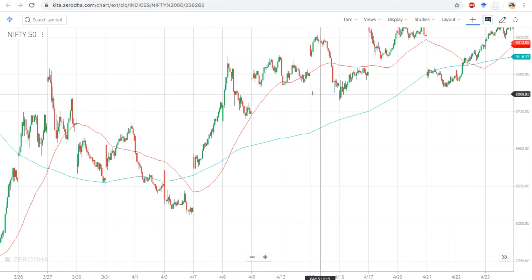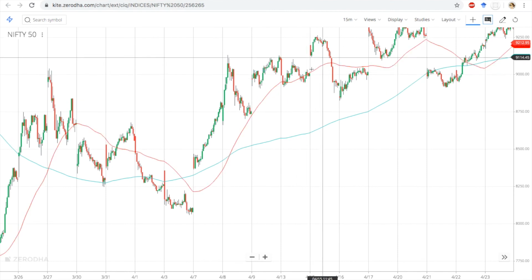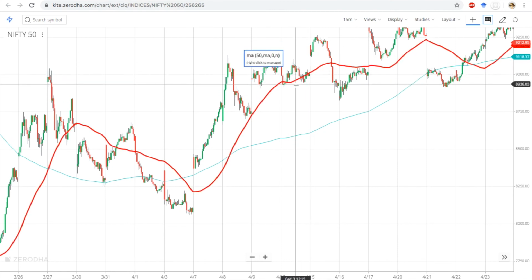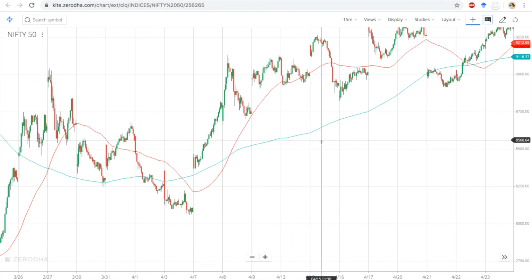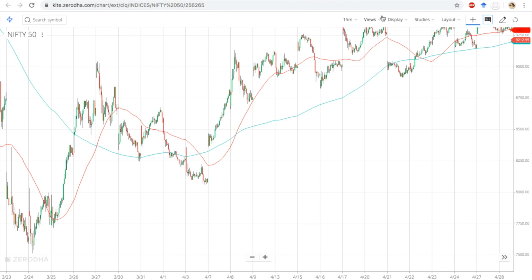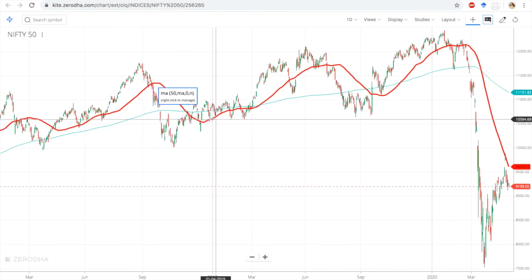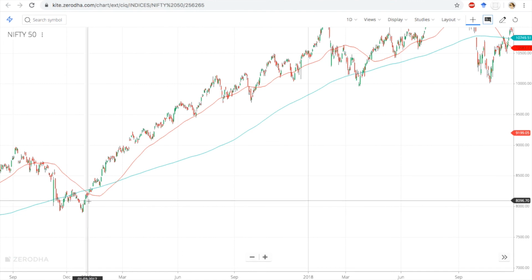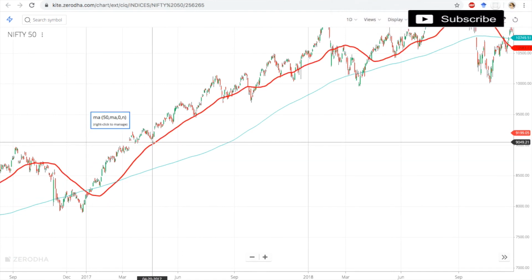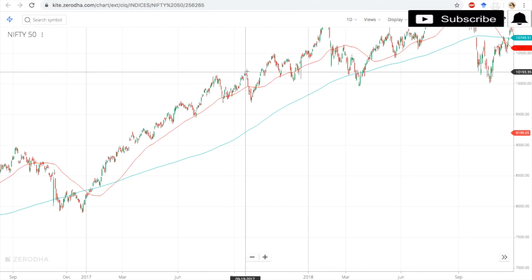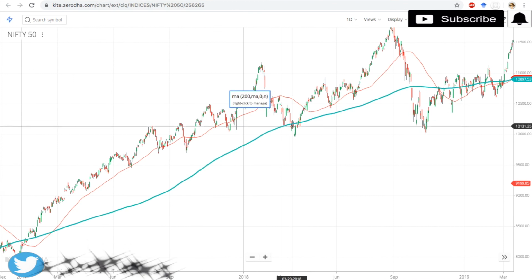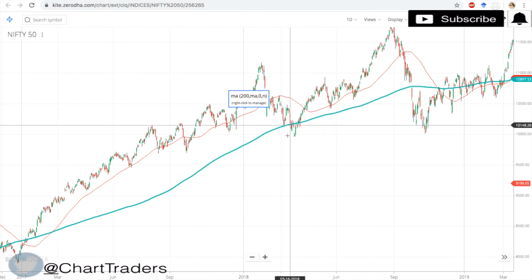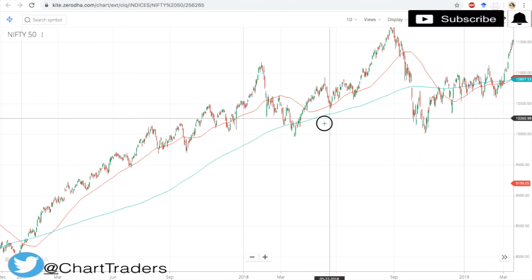Normally when we are working on intraday, we are going to use other moving averages, whether it is a weighted moving average or an exponential moving average. But the simple moving average can be used on a daily basis in order to identify strong support and strong resistance. Many times you can see on a daily basis it is going to take support and resistance. You can see here many times it came near to the 50-day, moved up, near to the 50-day, moved up, went up.